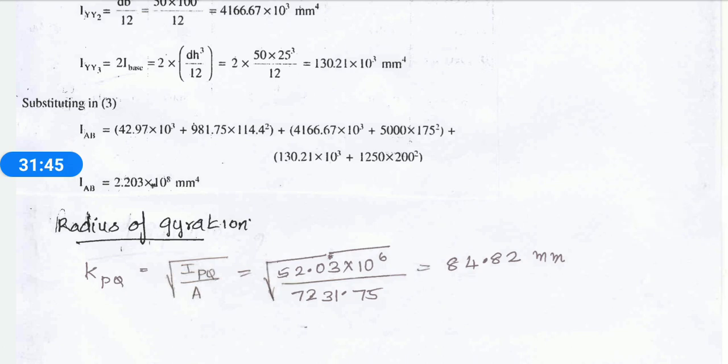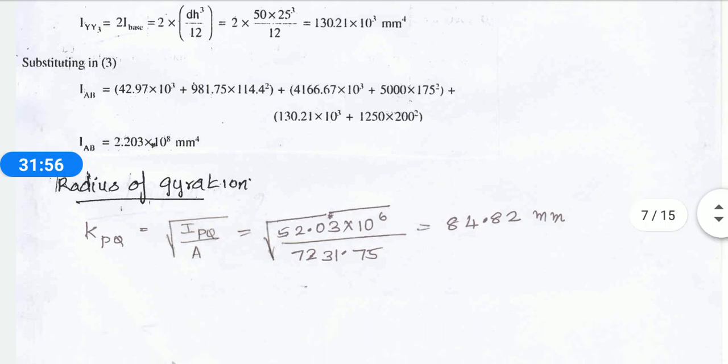This is the other procedure. We can adopt all the methods of doing it. One is your table method and the other one is your substitution method. Both the things I had covered, so whichever is easy for you, you can adopt that method. We'll see one more problem now.